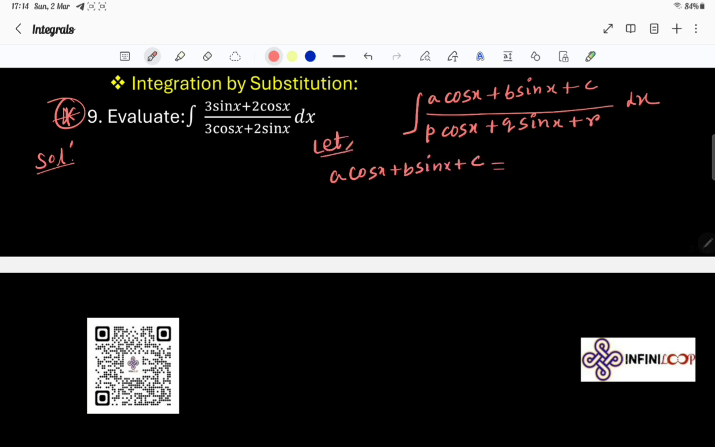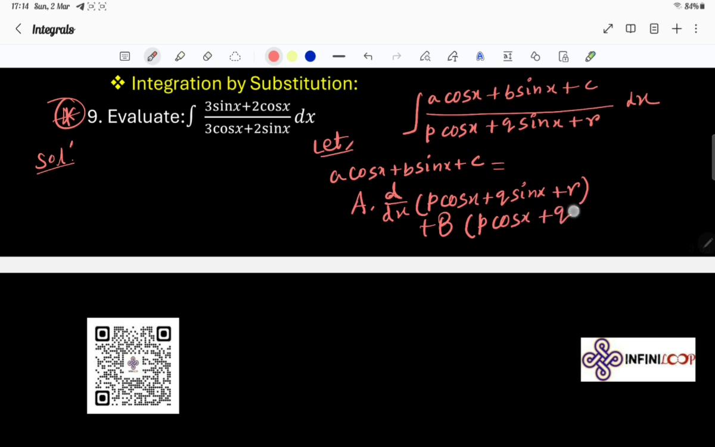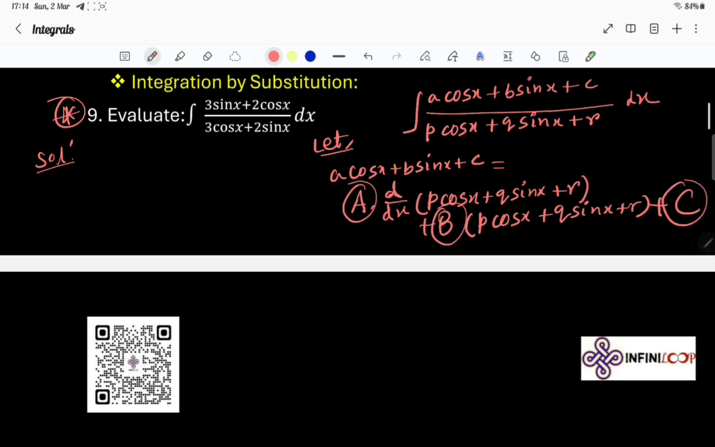ইন্টিগ্রেশন করতে পারবি না, এটা কি? a b c টাইপের।